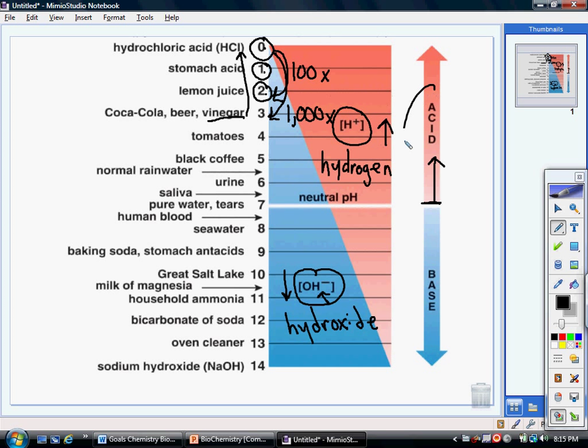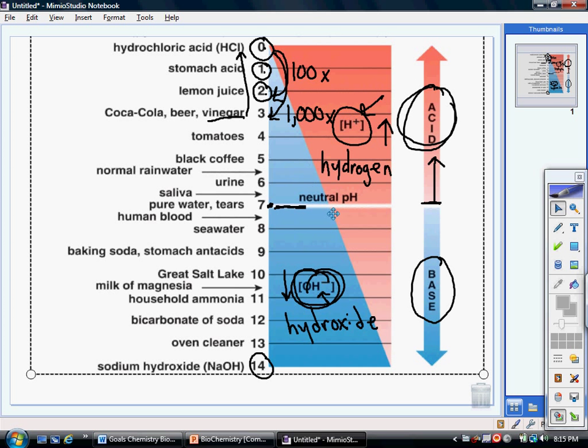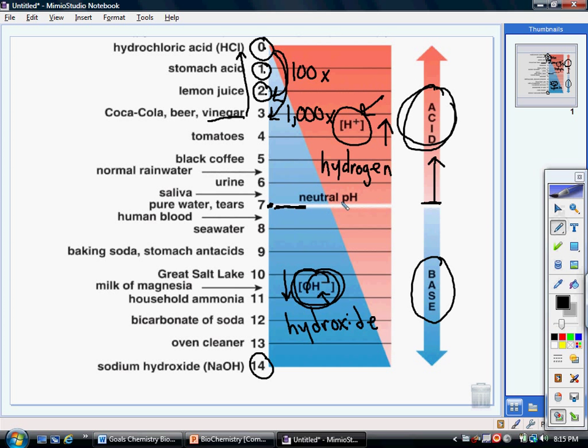These are called acids, 0 up to 6.9, and everything from 7.1 up to 14 is called a base. Bases have more hydroxide ions than they do hydrogen ions. Acids have more hydrogen ions than they do hydroxide ions. If something has a pH of 7, that means it has the exact same number of hydroxide ions as it does hydrogen ions. And this, my friends, makes it